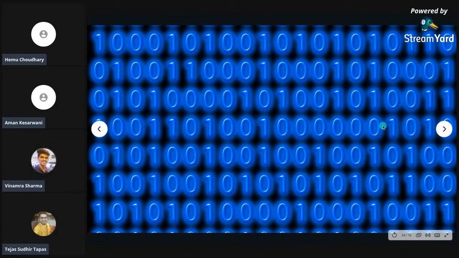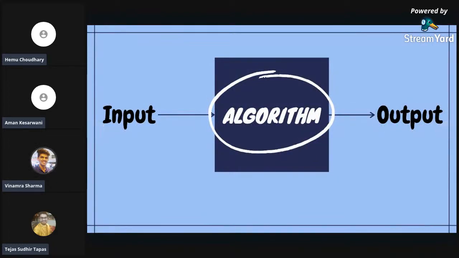So now, as we first started, I guess you all remember this image. We know input, output, and at that time we left this box. This box stands for algorithms. Now, this algorithm is all computer science is about. It is a step by step instruction or formula to solve anything.